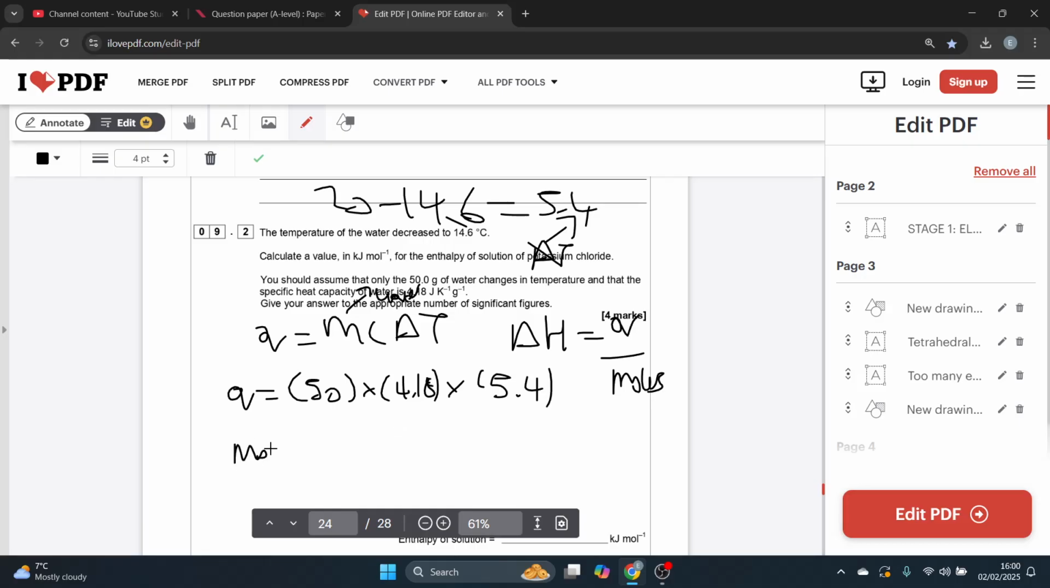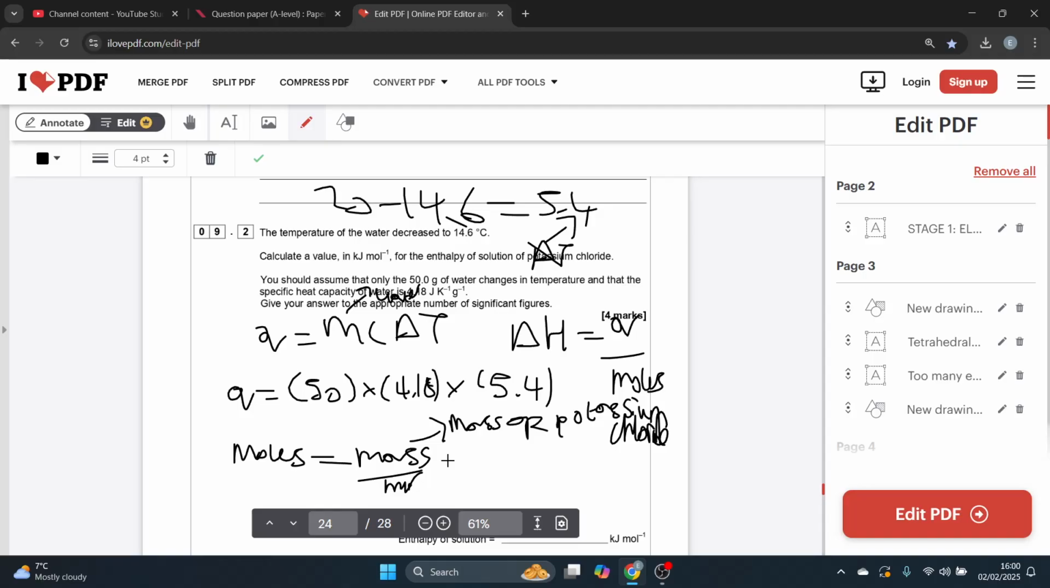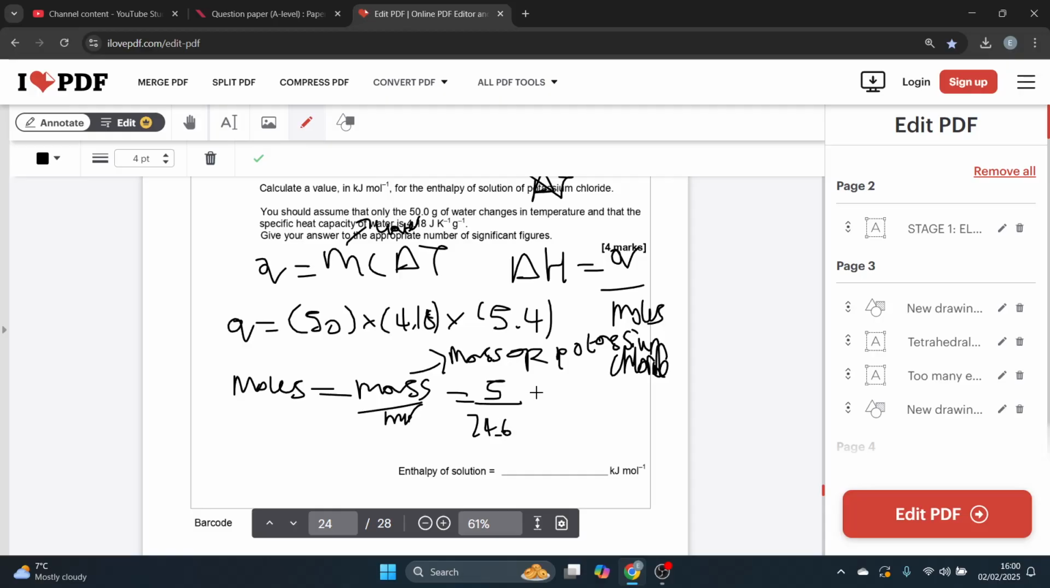Now I need to find out the moles. Well, moles is mass over Mr, and in this case the mass is the mass of, not the water, of potassium chloride, and should be given in the question, 5 gram sample, perfect. So it's going to be 5 divided by the Mr of potassium chloride, 74.6. Then to find out delta H, the enthalpy is just going to be Q, what I worked out here, divided by the number of moles, energy change per mole, which will give me